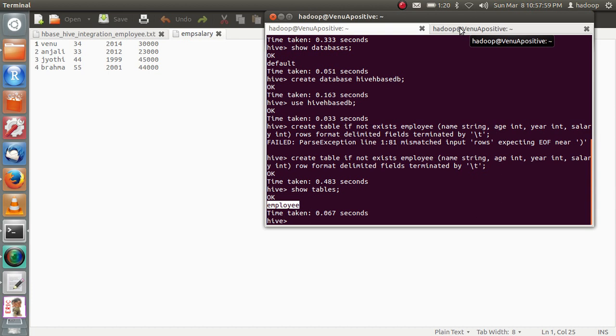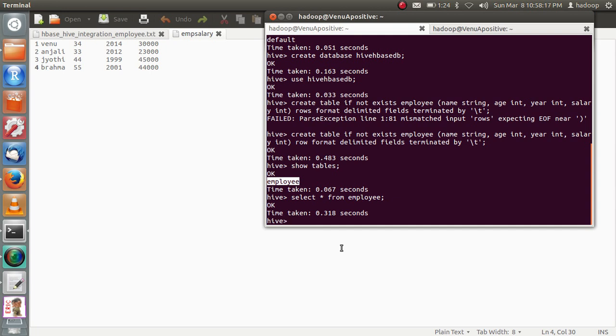Now what next? Dump this data into the database. For example, select star from employee. There is no data, so it's not displaying anything. Now, what should we do? Dump this employee salary information into the table. To do it, simply use load data local inpath, with the path home, Hadoop, desktop,